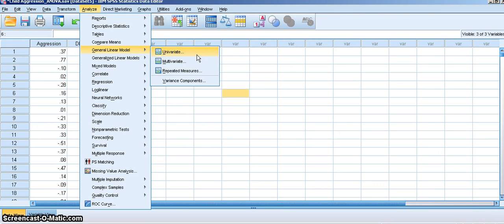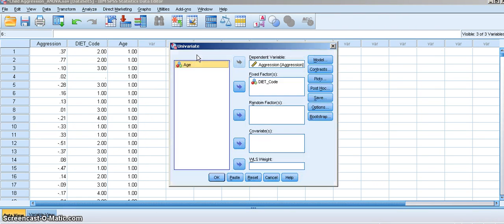In our case, we're gonna do the univariate one. Let's go ahead and reset that. So again, we have dependent variable. We said our aggression was the dependent variable that we were looking at. And again, we have a fixed factor, which is the diet that they were placed in. And if we click OK,